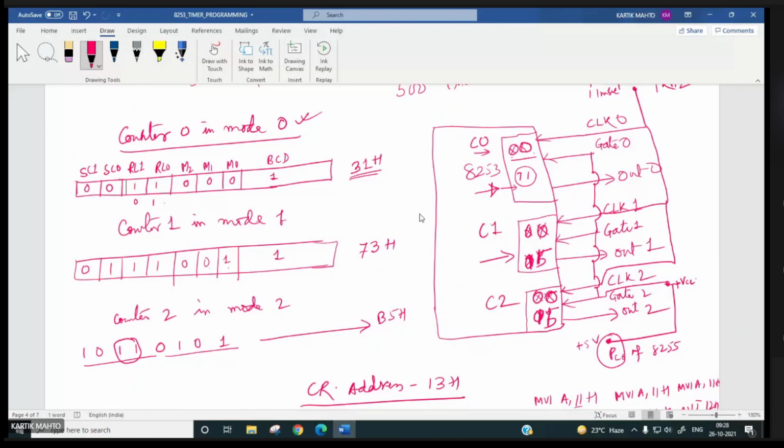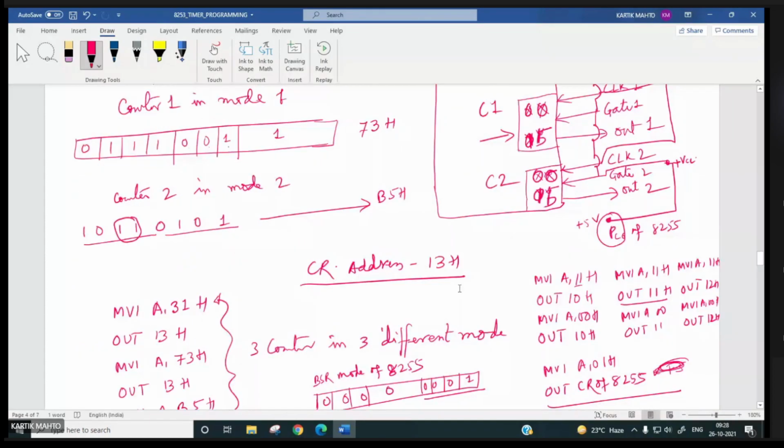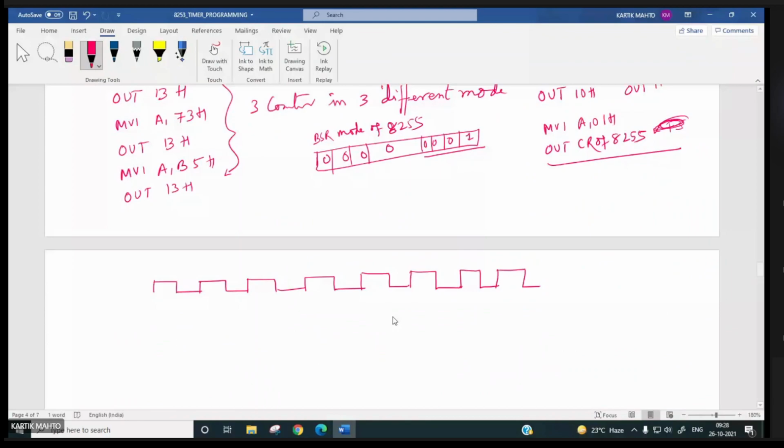So 5, 5, 5. So this is T1, this is T2, this is T3, this is T4, this is T5, right?